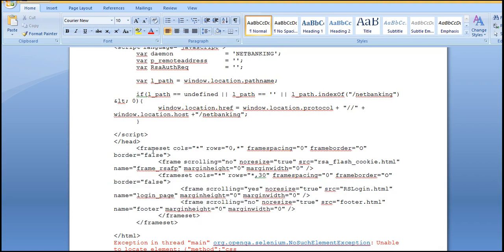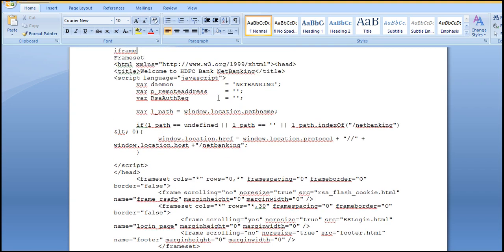So how many tags do we have here? 1, 2, and these are two closing tags. So that means there are two frames in the application. You can come to a basic conclusion from this. Either iframe or frameset, one of the two will be used. So check with both, and here in this website they have used frameset.